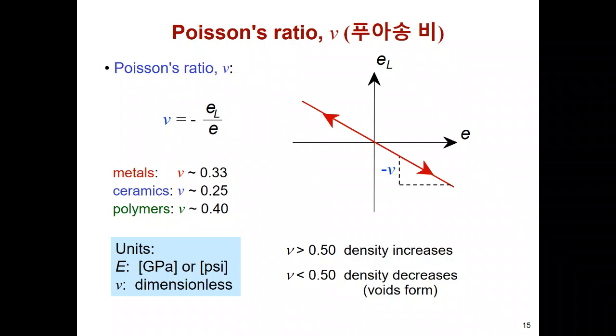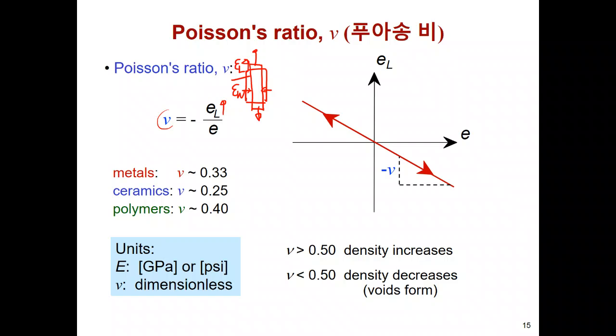The next material property is Poisson's ratio. From the previous slide, when we apply load to a solid, it elongates, but in the lateral direction it shrinks due to volume conservation. That relationship is between the strains: the longitudinal elongation strain and the lateral strain. That ratio is Poisson's ratio. The tensile direction is always positive, but it is sometimes negative under compressive stresses.